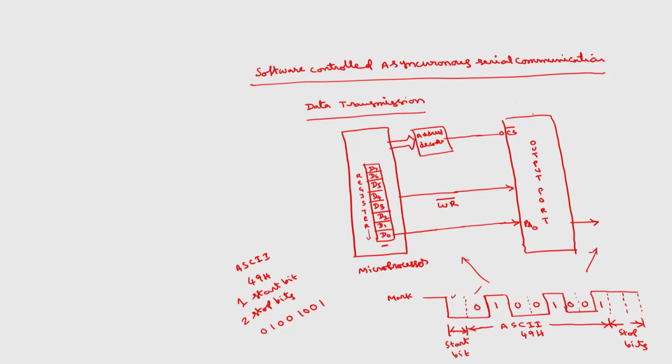This is about the data transmission block diagram. So, we can write the software program to transmit the data. For example, if I assume that the port A address is 80H, 81 will be port B, 82 will be port C, 83 will be control word register. Suppose I want to transmit the same thing. So, what is the program?